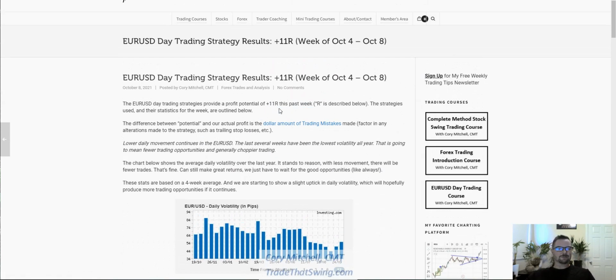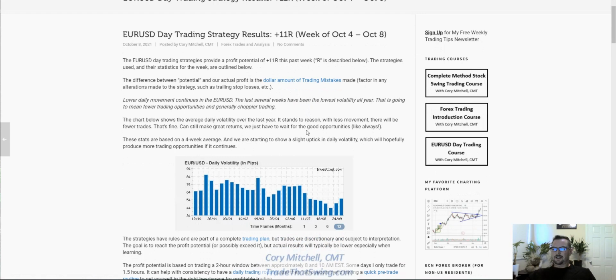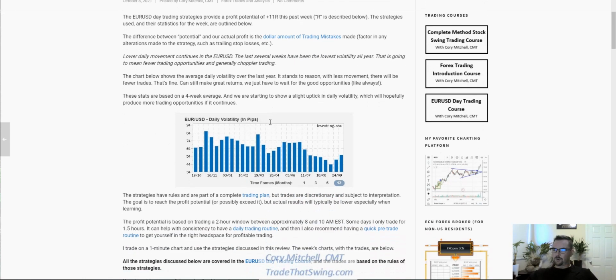This is pretty, how do you phrase it, generous. I think there was more potential out there than 11R, but I included a couple of losing trades in the results, as we'll see. So 11 to about a 15R week, I would say. So still a little bit lower than what we were seeing earlier in the year, but this is the main